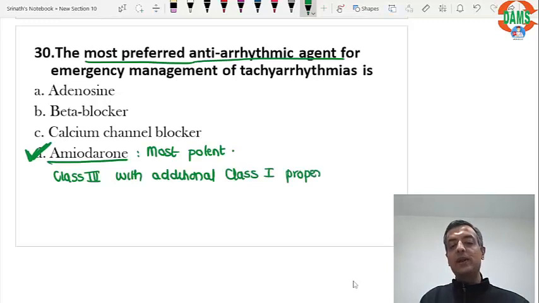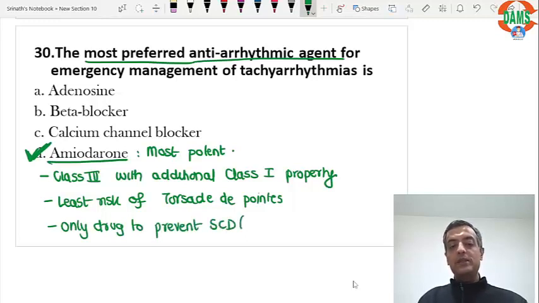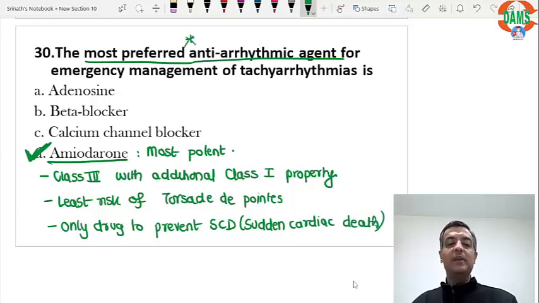So it has got double action, making it most potent. Side effect is minimum, with the least risk of torsades de pointes, and it is the only drug to prevent sudden cardiac death, making it the most preferred anti-arrhythmic agent